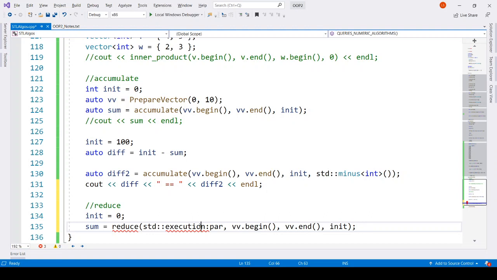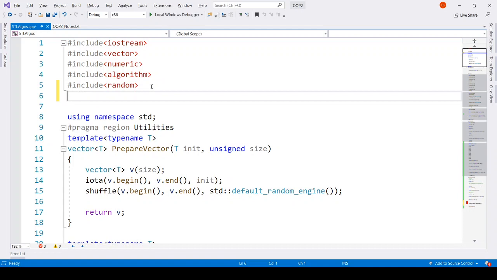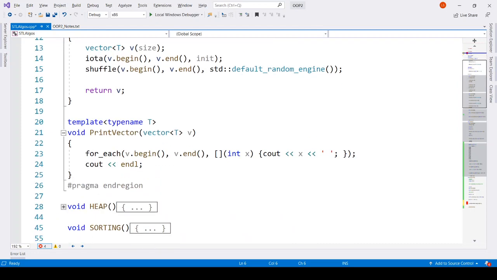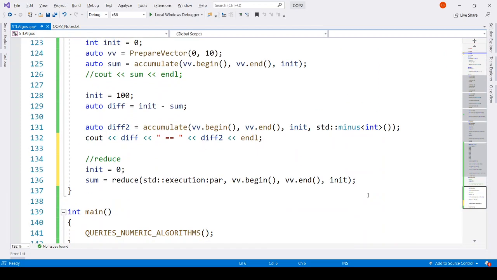For execution we need to include the header. These execution policies are defined in the header execution. Okay, and then is the error gone, or is it still there?